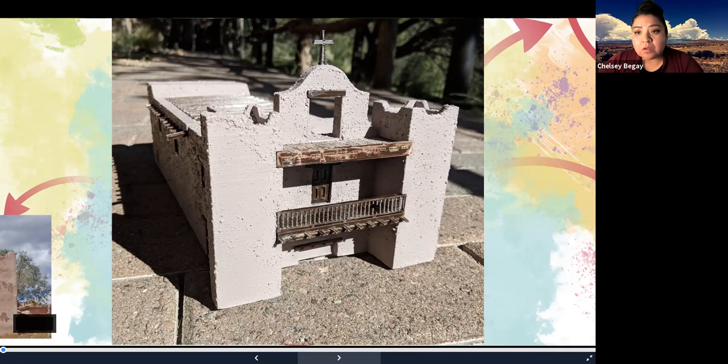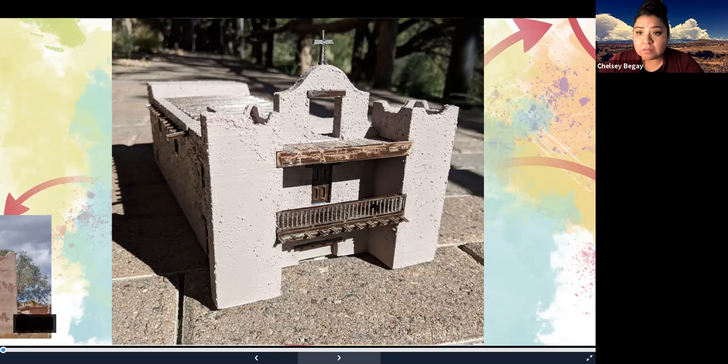So this model is to scale, and it's located in our office right now, and you can pick it up. It's a little fragile, but you can pick it up and see different parts of this model.